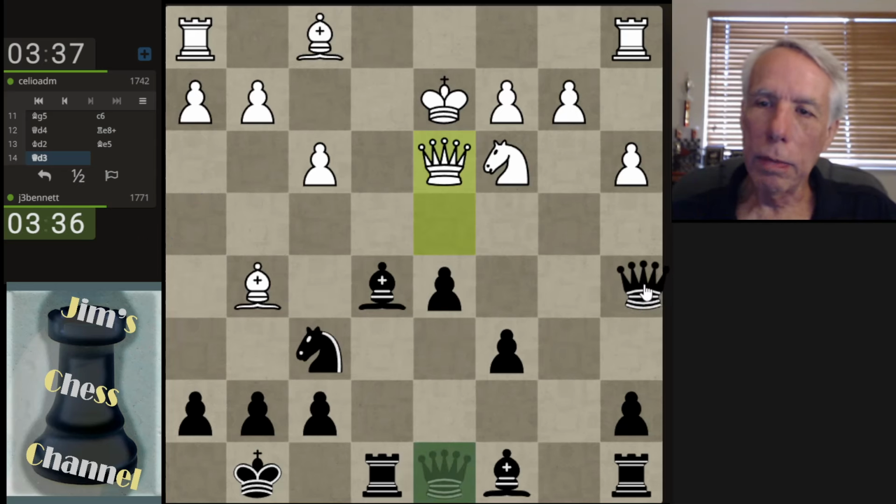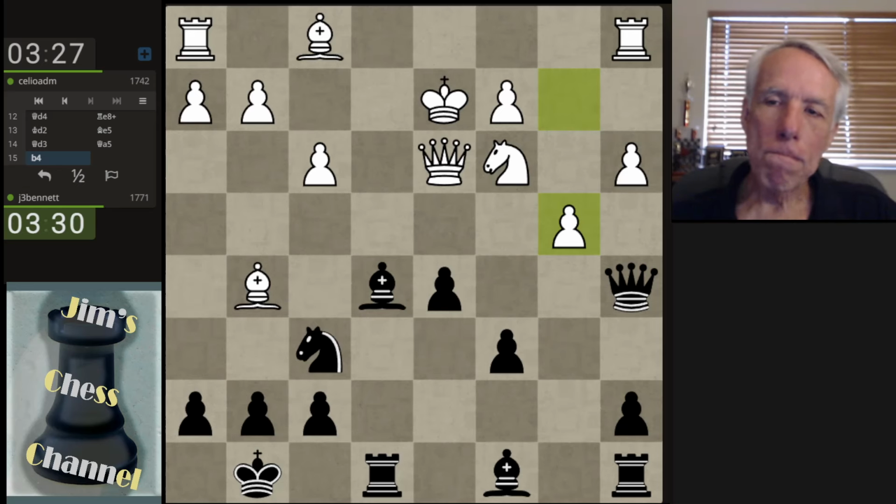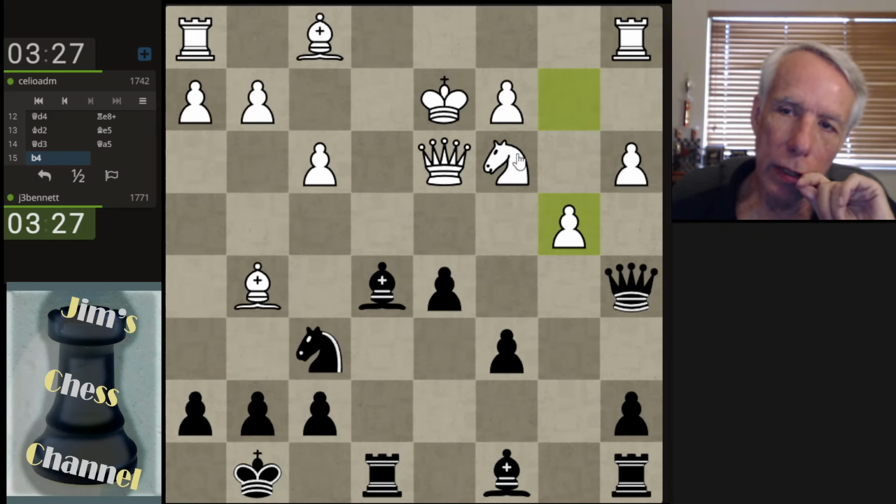Now I can turn the tables on him, right? I can pin his knight. Yeah, I can. This knight is now pinned. Let's see, is there a way to increase the pressure on it? I'm not seeing it. Anyway, I want to stay... I want to keep...